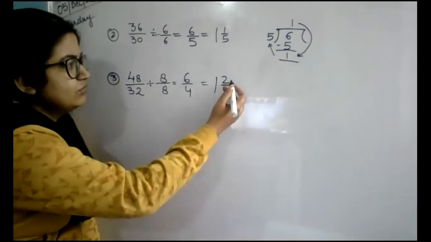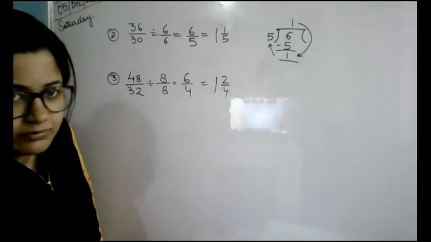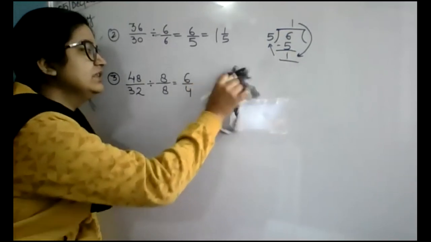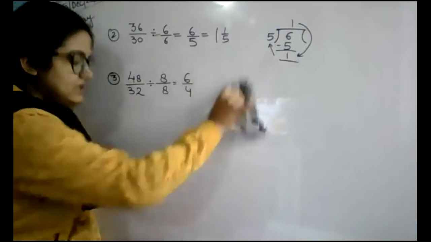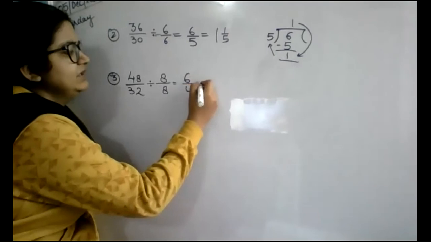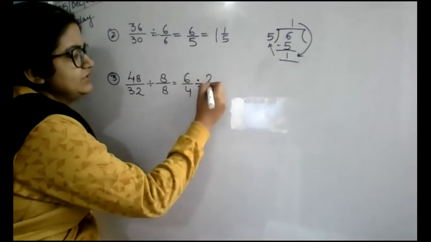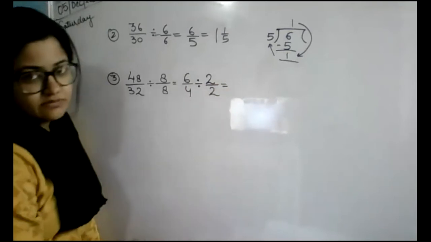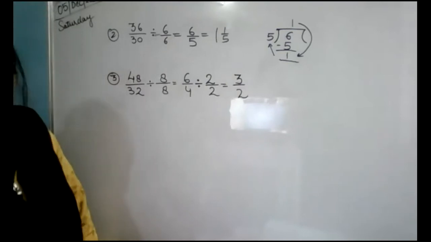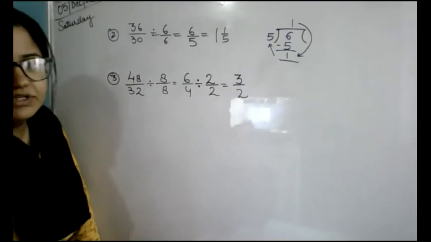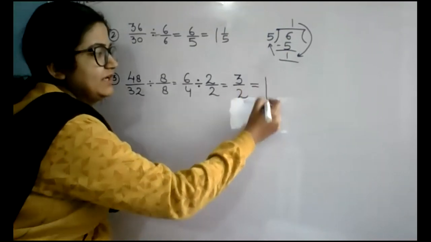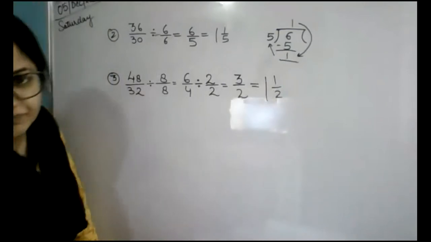Understand it this way: if 2 and 4 are coming in the same table, it means you have done something wrong. 6 upon 4 is not in the lowest term. First of all, see whether it can be reduced, so divide the numerator and denominator by 2. 6 divided by 2 is 3, and 4 divided by 2 is 2. Now divide it, and you will get the answer. I'm not going to divide it, I'm just simply writing the answer.